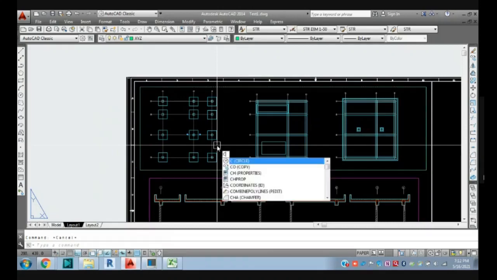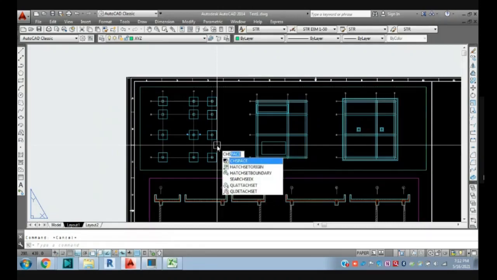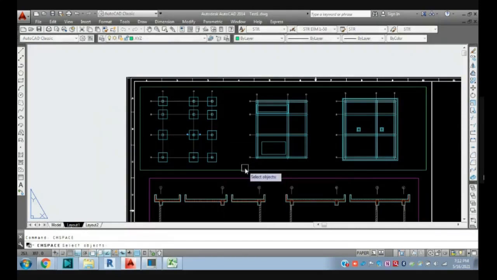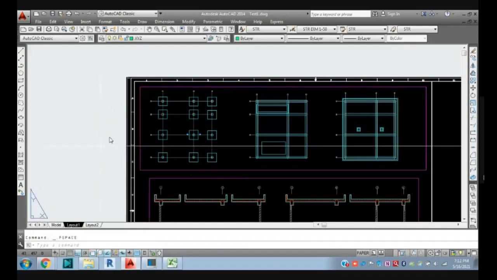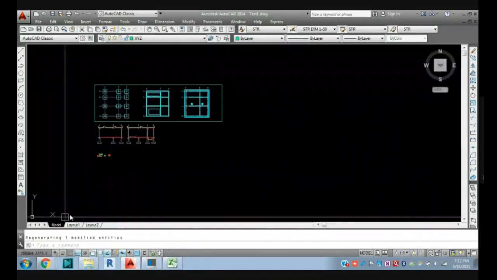Just type CHSP, and you will get change space. Just click here, select this rectangle, and then right click on your mouse or just press the enter button. Click again, enter, continue. If you see, your rectangle is not here now. If you check in model space, you can see it.